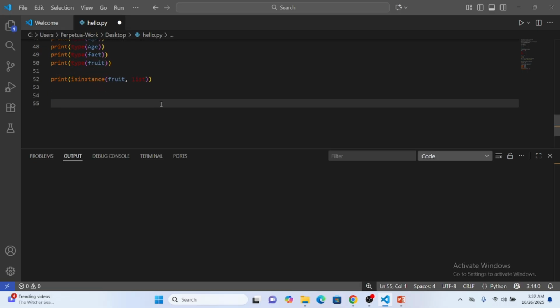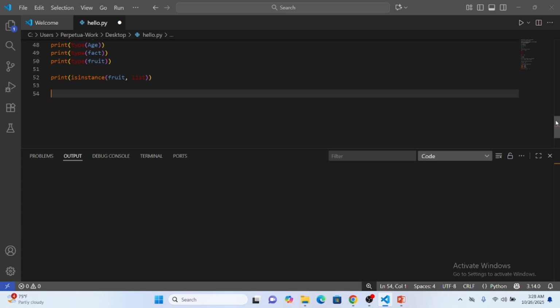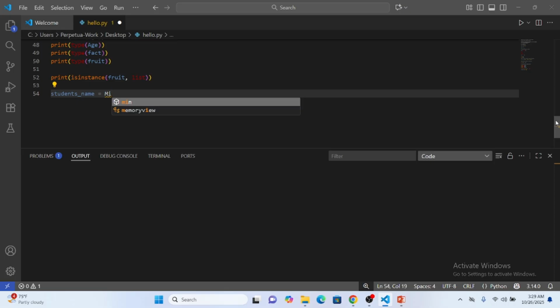Okay, now how are string data types declared? So let's say I want to write a variable that will hold the name of my students. So I am going to just call it, so that's going to be the name of the variable, and I'll assign it to some text, which is going to be somebody's name. If I just write Mirabel,